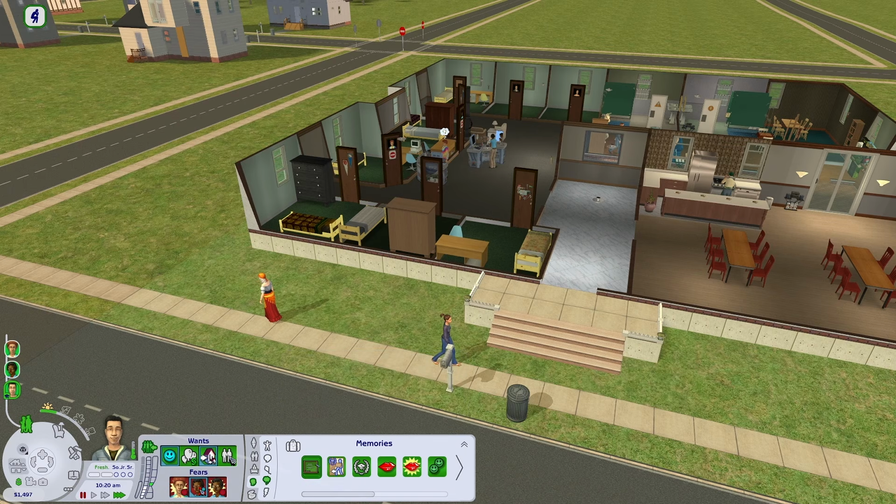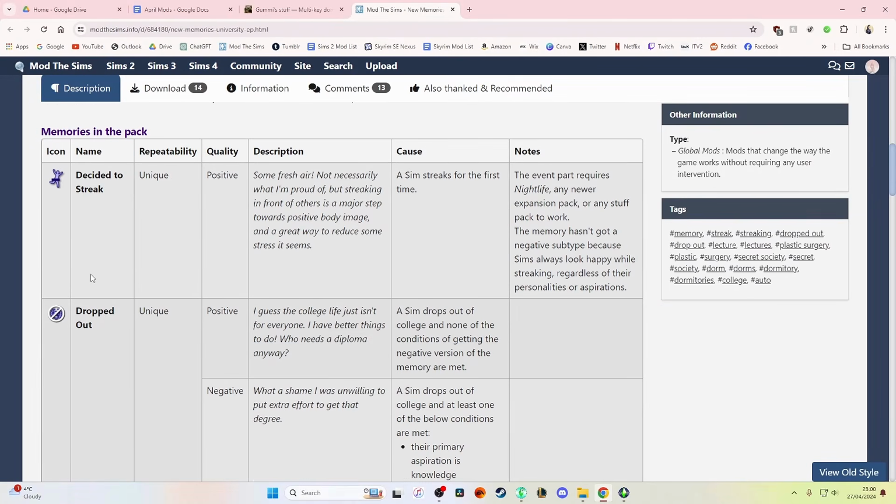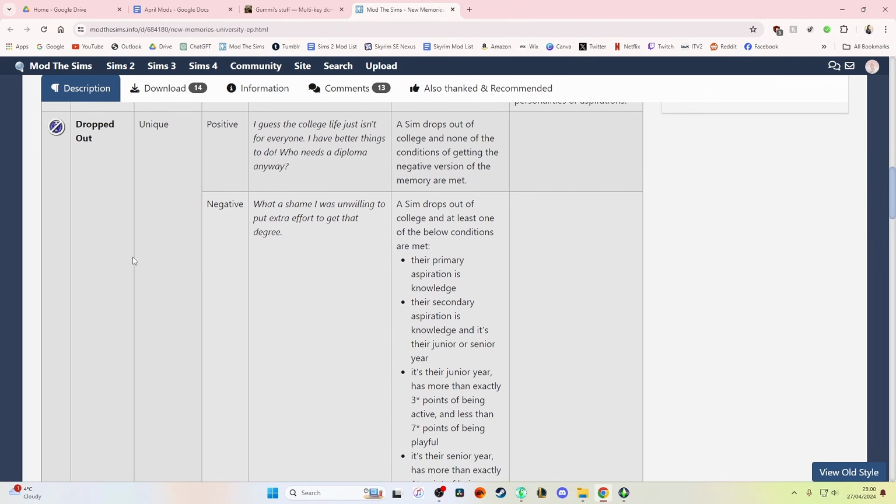So that's a nice little memory to have. Again, always positive. I'm not going to go through every single new memory here, so let's just grab the mod description. So as I was saying in the last video about the sim drops out memory fix, which changes the